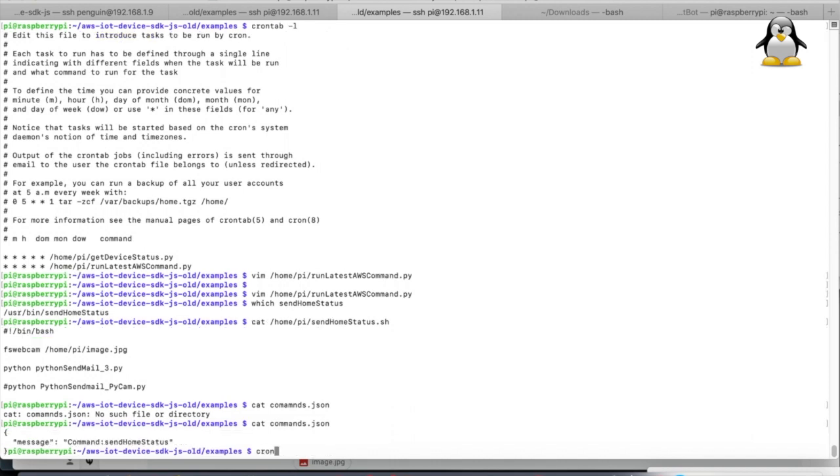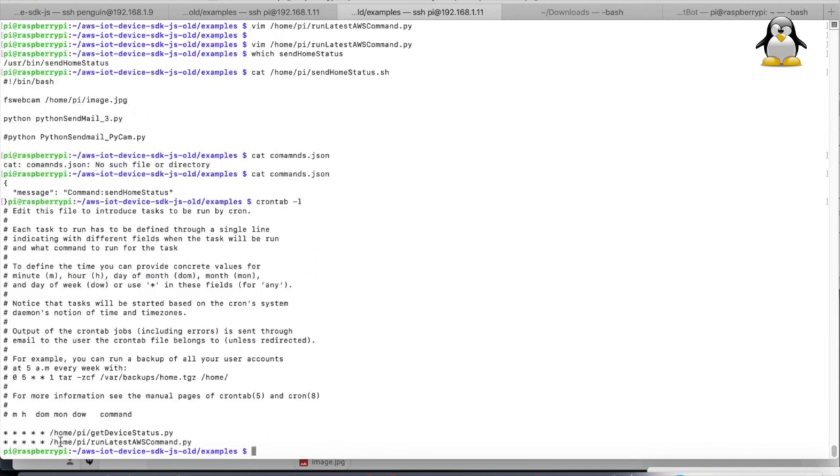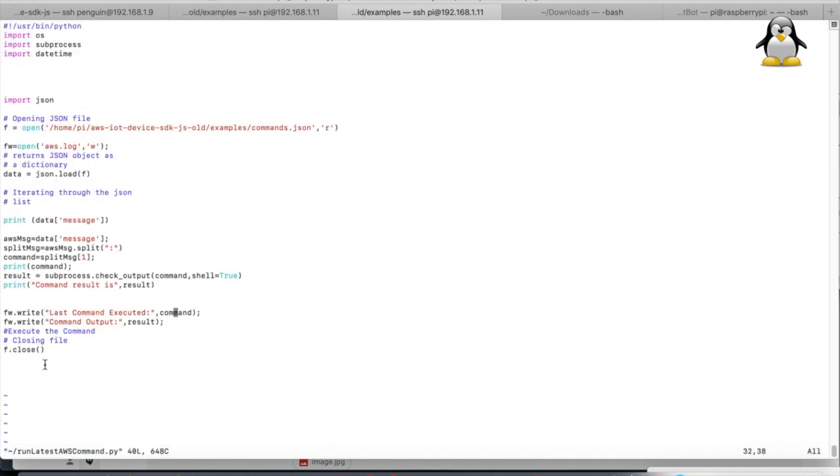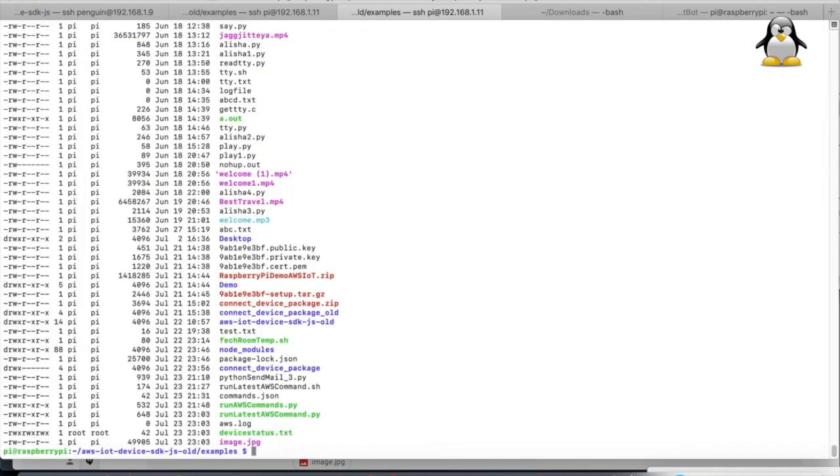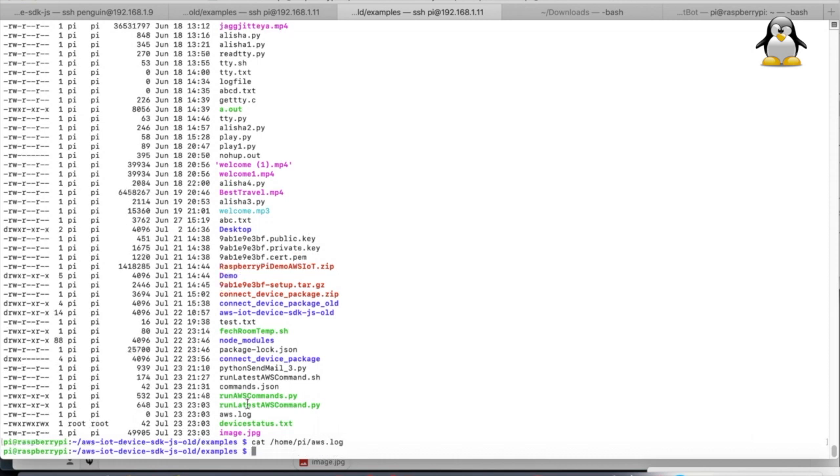And what the Python program will do is parse this file and run it.